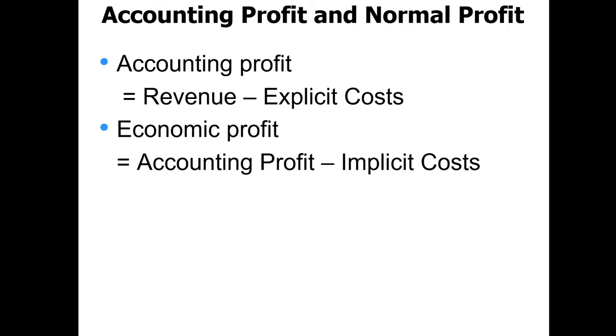So here's what I want you to think about. I decide to follow my dream and open up a pizza place. First year, I make $150,000 in sales. Revenue's $150,000. I pay $75,000 for labor, capital, the cheese, the sauce, nuts and bolts. I pay $75,000. My accounting profit is $75,000.